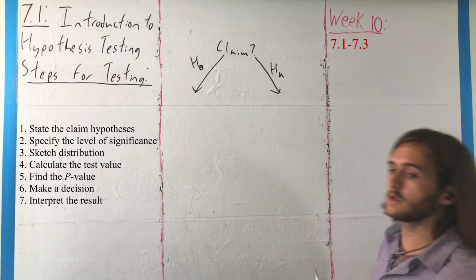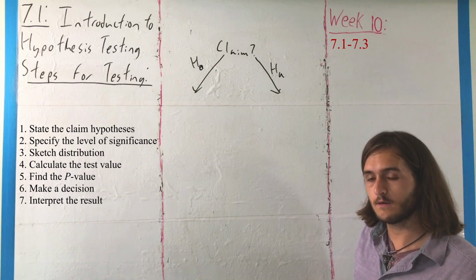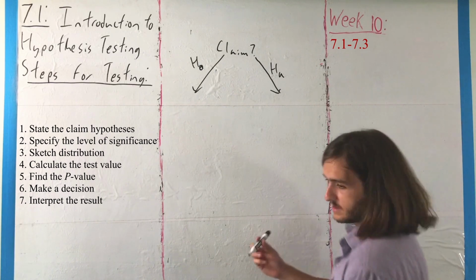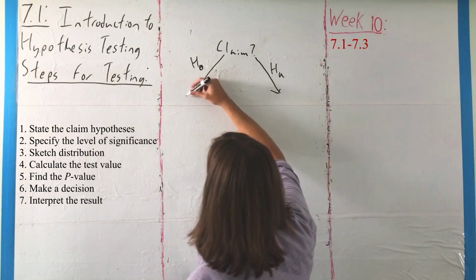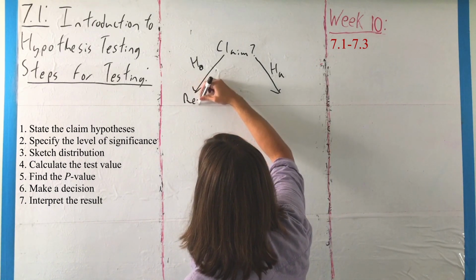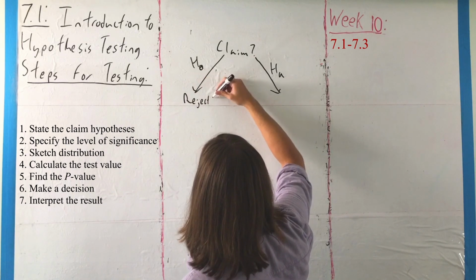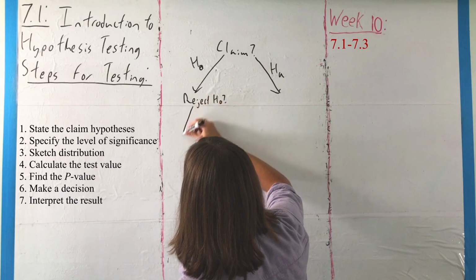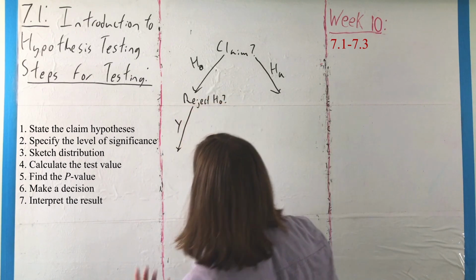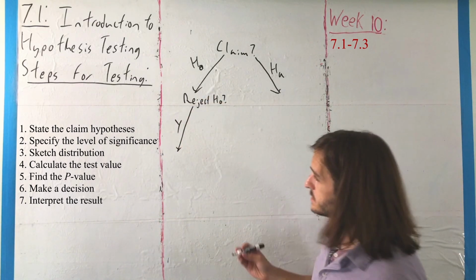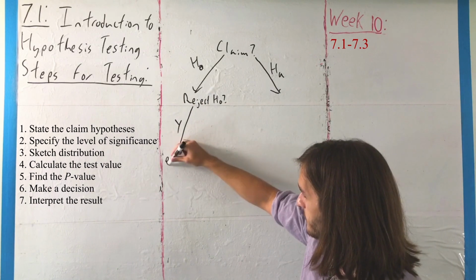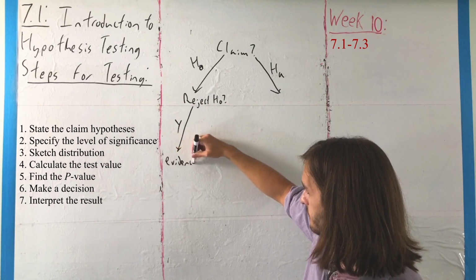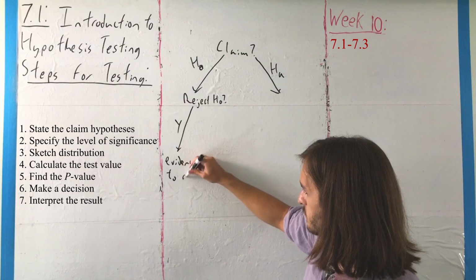But if we're claiming something in terms of the null, then we have to determine, well, did we reject it? If we reject the null, the answer to that question is yes, then you can say something like we have evidence to reject